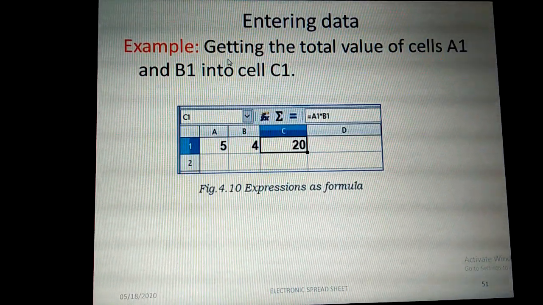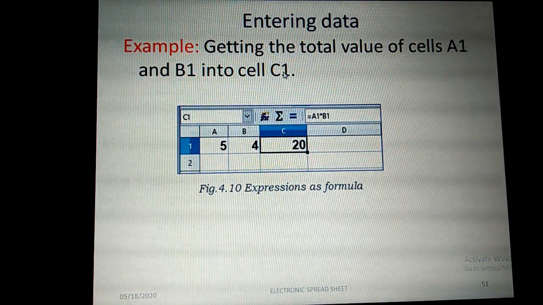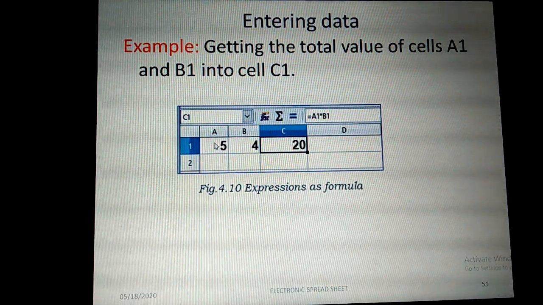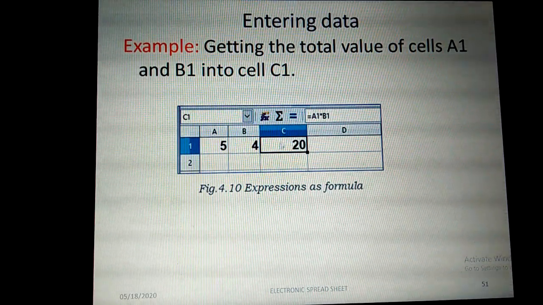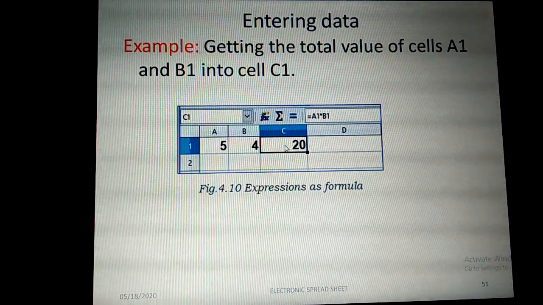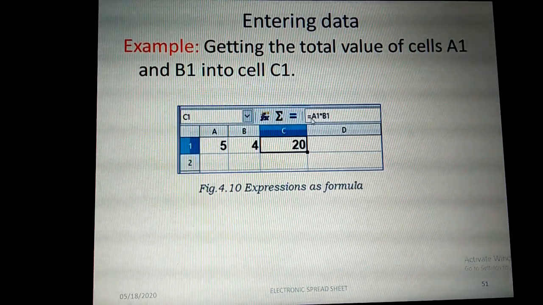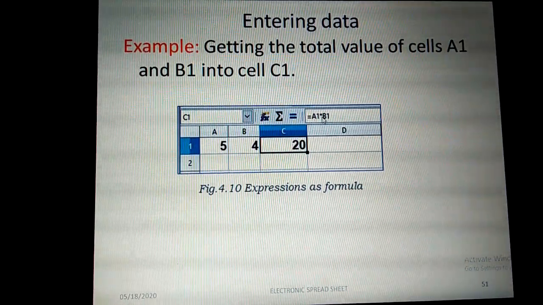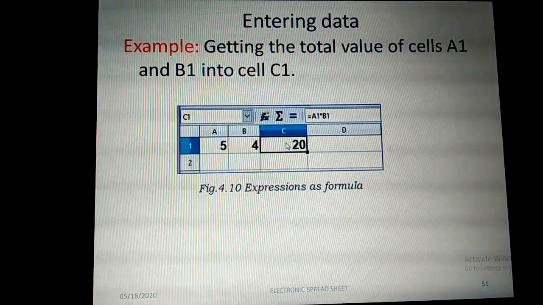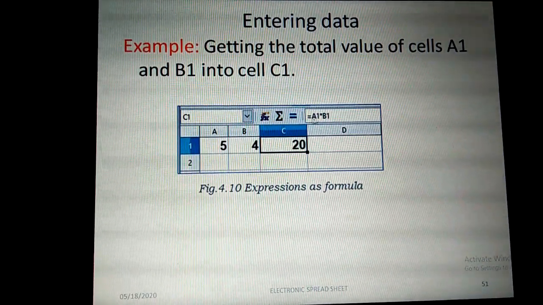Next one, getting the total value of cells A1 and B1 into cell C1. This is one simple example. You enter a value in cell A1 and in cell B1, and you type the formula in cell C1, like equal to A1 star B1. Select cell C1 and type the formula as equal to A1 star B1.